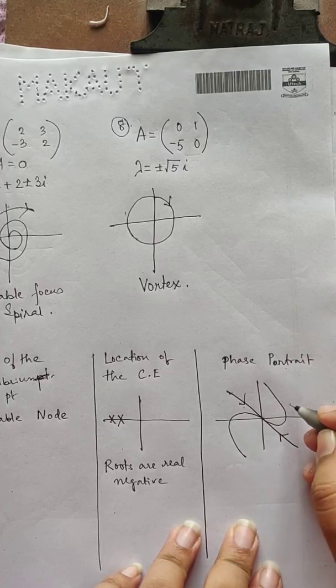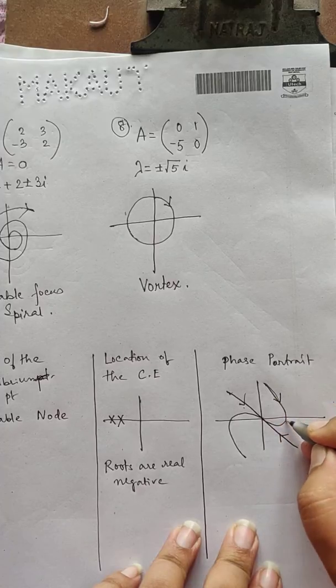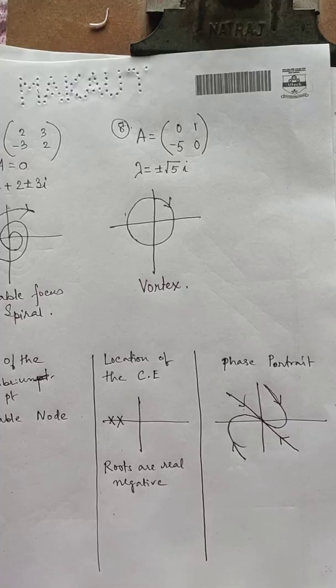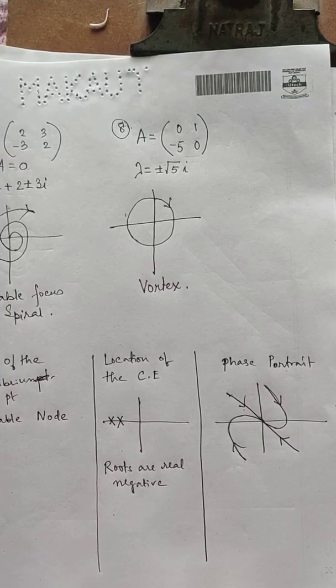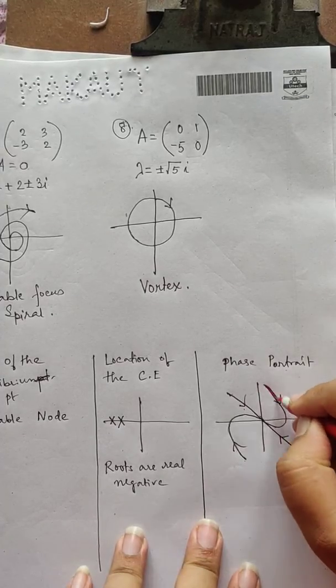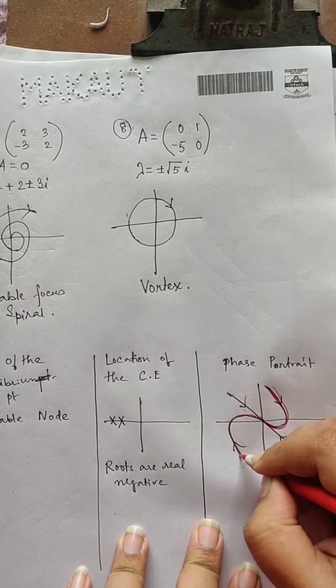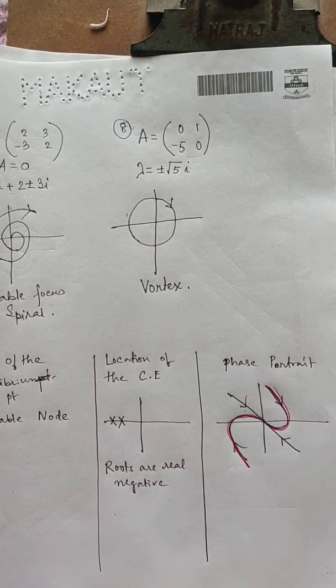So it would just look like this, which means you'll have one phase portrait here, another one here. This would look like this. Rather, if I draw in a different color, this will be, and this one. These two are my phase portrait. Secondly,